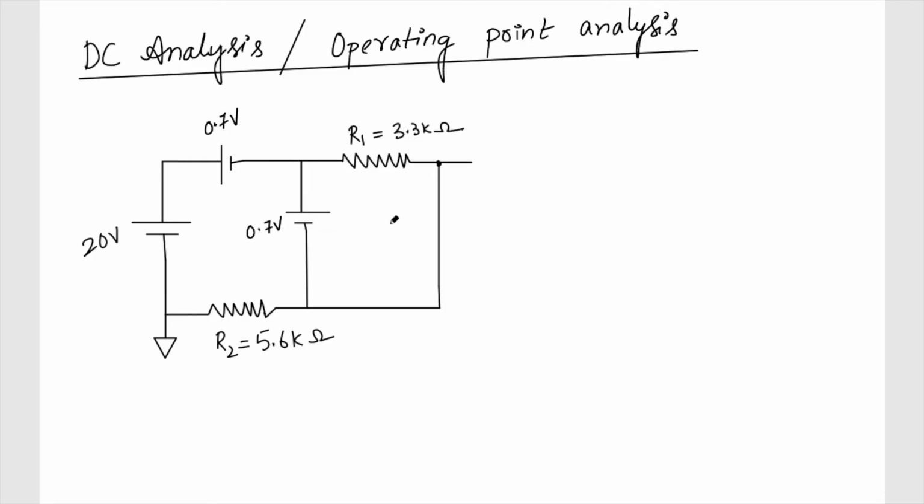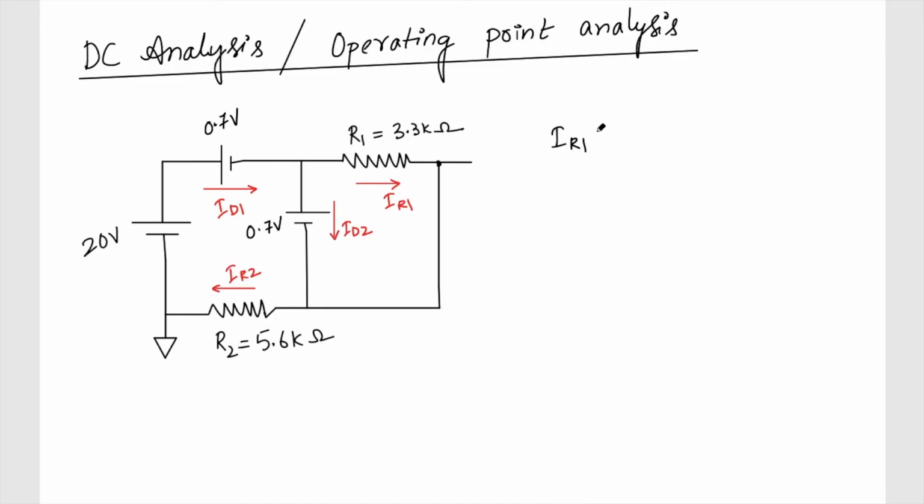Okay, so now let's try to evaluate the currents. The current flowing through this one is, let's call it IR1, this as IR2, and the current flowing through this one as ID1, and the current flowing through this is ID2. Okay, so IR1, we know that